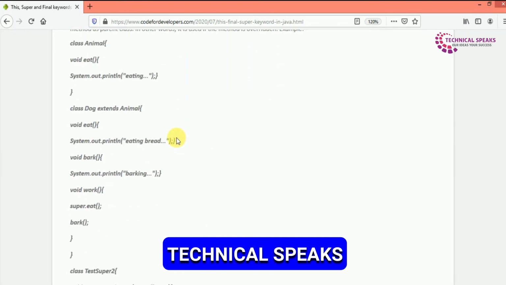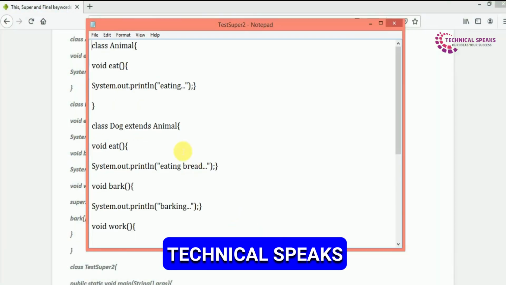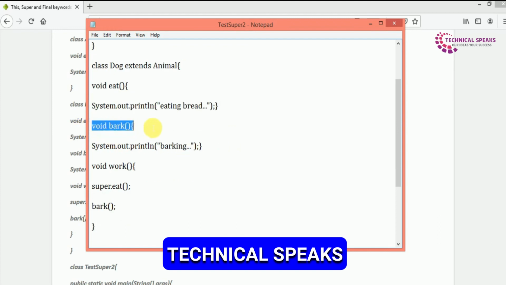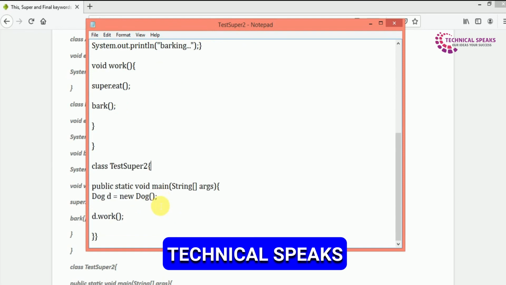Let's see the example for this. Class Animal, void eat, System.out.println("eating"). Class Dog extends Animal, void eat, System.out.println("eating bread"). void work, super.eat(), System.out.println("barking"). Class TestSuper2, public static void main(String args[]), Dog d = new Dog(), d.work().